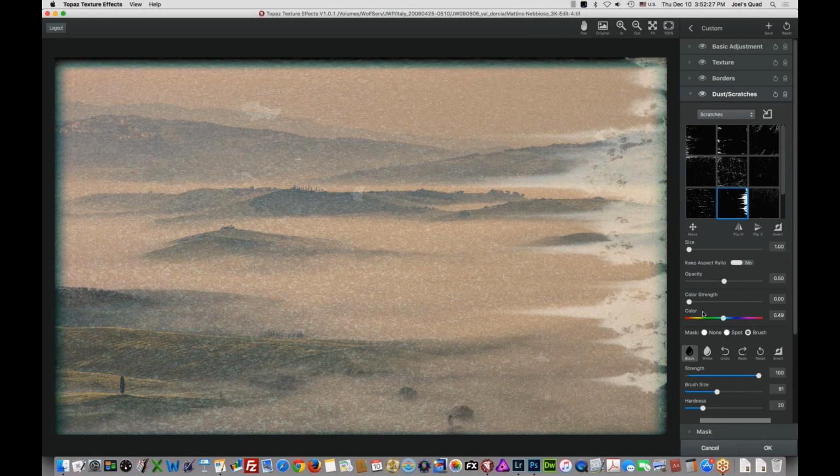I'm going to give it that same aqua look. So there's my aqua color on the slider. I'm going to bring the strength up almost all the way. And that's really looking a lot like a Polaroid Transfer now. And the thing is, these blotches, some of them are blocking my image. So I'm going to,